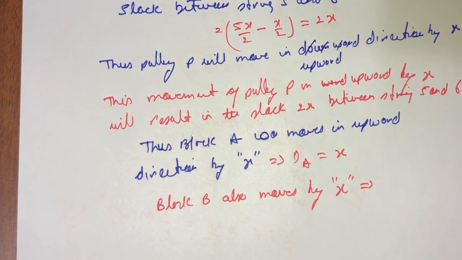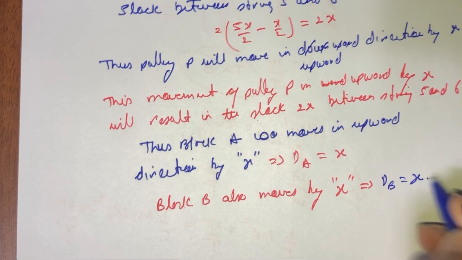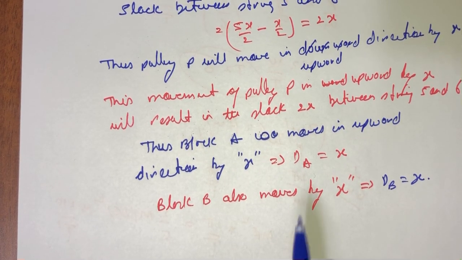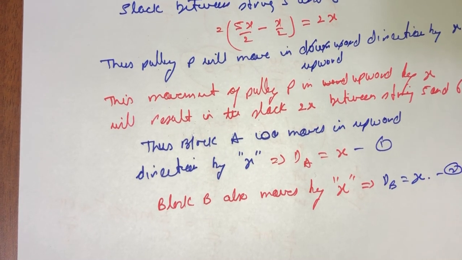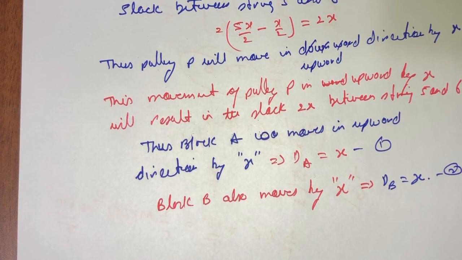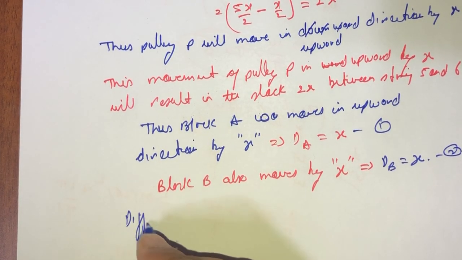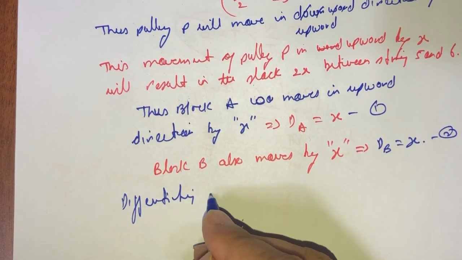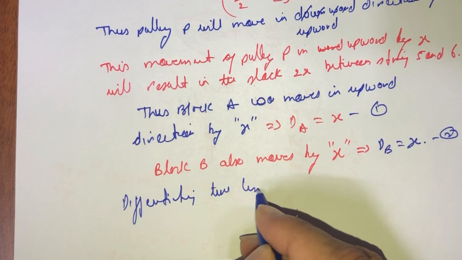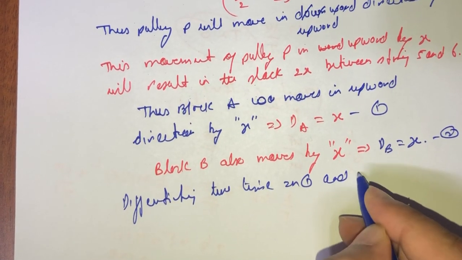So dB is also equal to x. Let us call these equation 1 and equation 2. Differentiating two times equation 1 and equation 2,